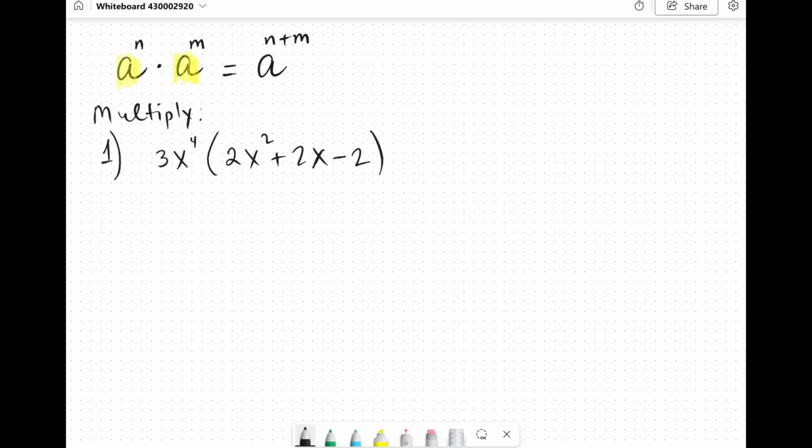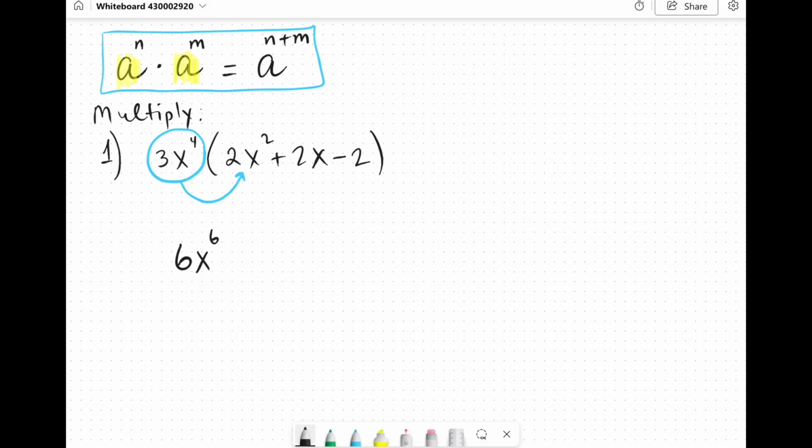All of the next few questions will ask you to multiply, and here you are asked to multiply this monomial of the 4th degree by this trinomial of the 2nd degree. What you will do is essentially the distributing, keeping the property here in mind. So your first step will be to take the monomial in the front and multiply it by the first term on the inside. 3x to the 4th times 2x to the 2nd will result in